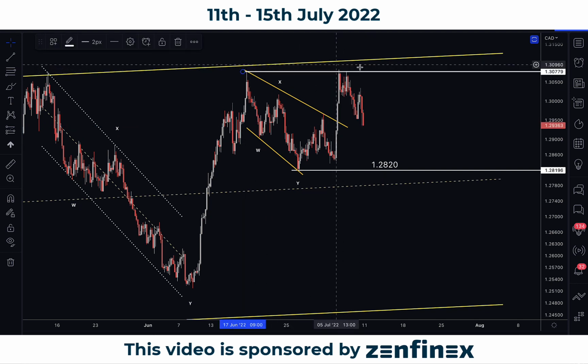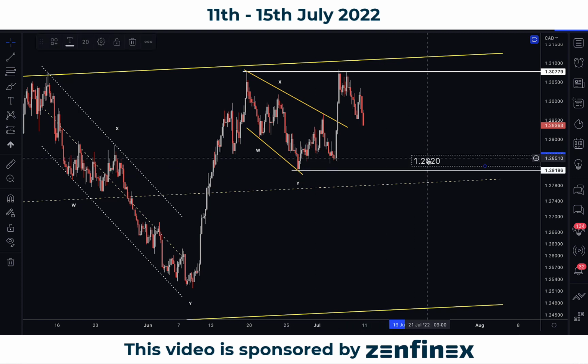We have the top, double top, and a nice reaction as the market is heading lower back to retest perhaps the previous bottom at 1.2820. So as of now, the market is in the middle of the range. It's not the best level and best time to be looking for potential trade at this moment.